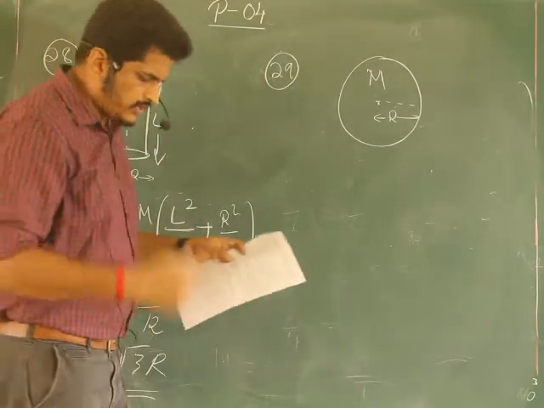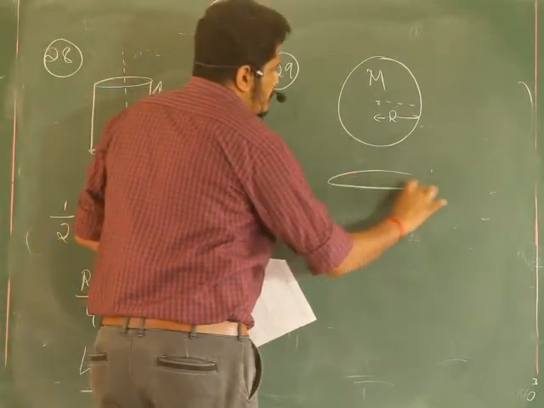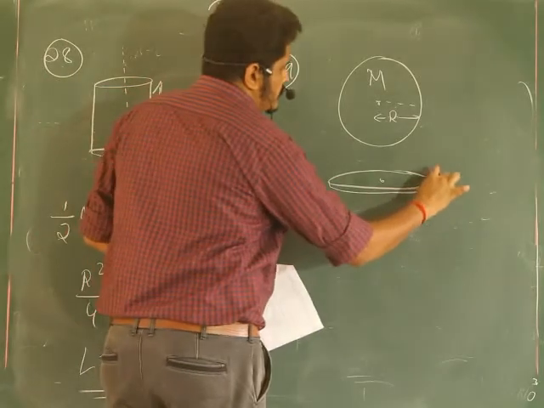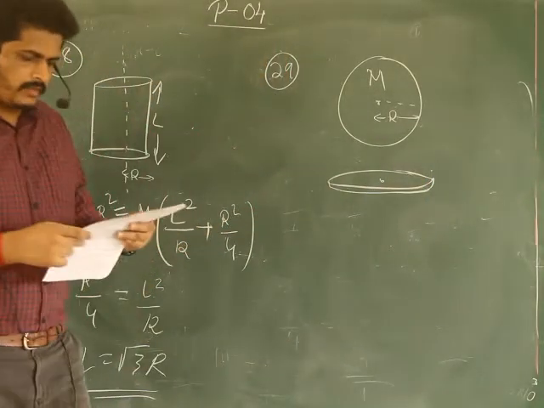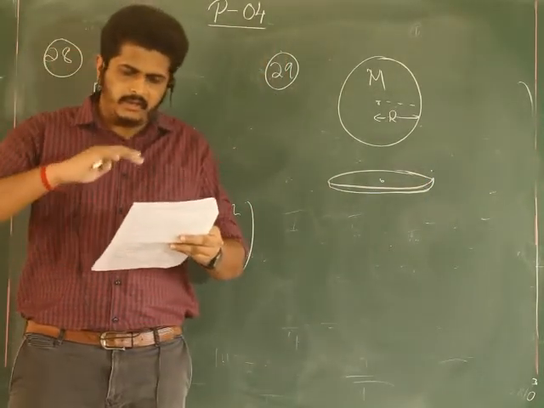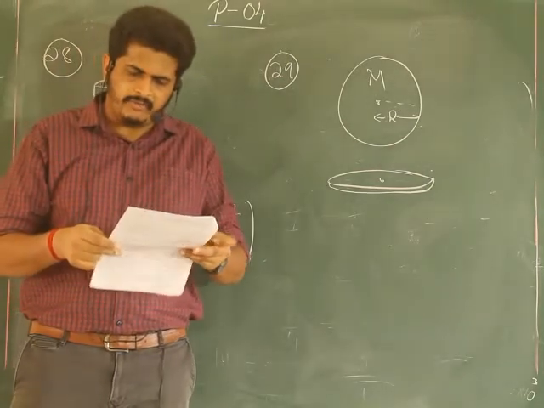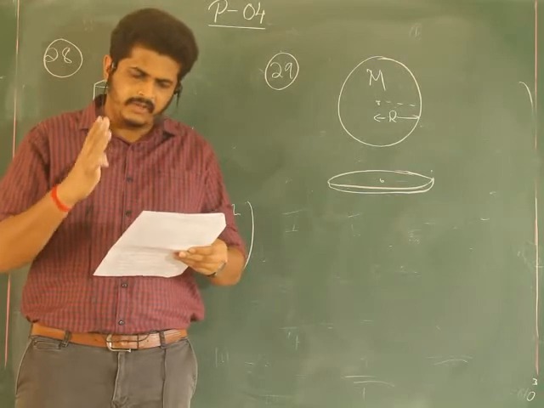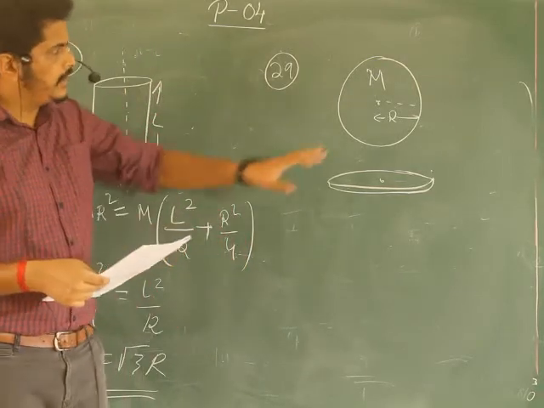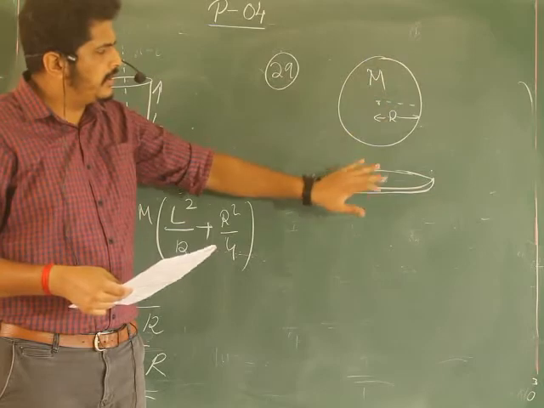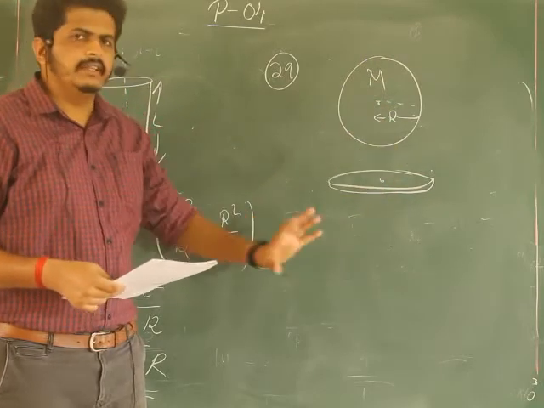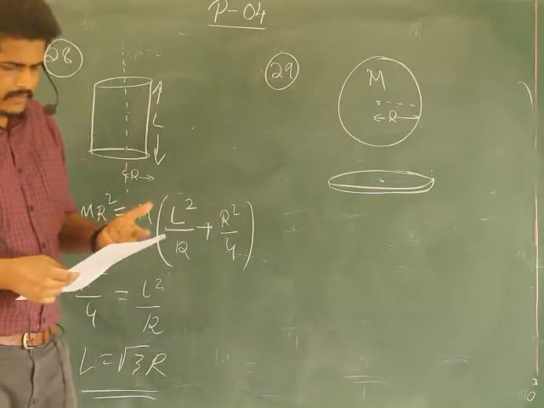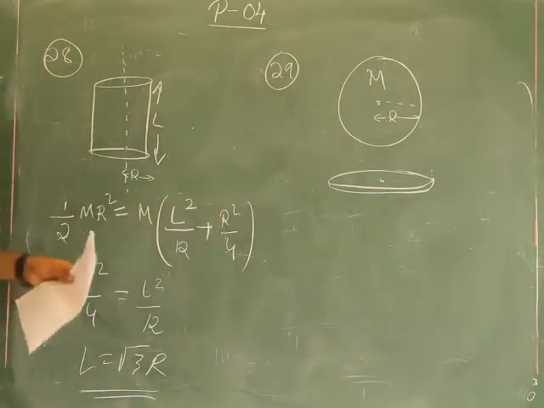Okay, the disk concept also they have given like this. A disk is there of thickness t, whose moment of inertia about an axis passing through its edge and perpendicular to the plane remains I. So that means its moment of inertia passing through its center and its moment of inertia passing through its edge, they both remain, they have given it is equal to I. Then the radius of the disk will be,